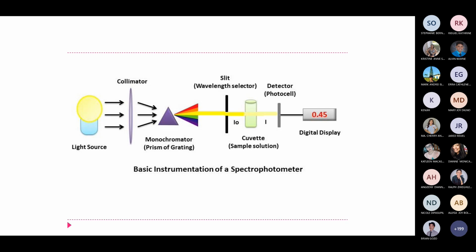And then what about the monochromator? Isolation. Isolates specific or individual wavelengths. And then yung exit slit. Para sa exit slit, it controls the width of the light beam. What do you call the width? Ito yung band pass. Ayun, nasabi ko na pala. So yung band pass, that is the width